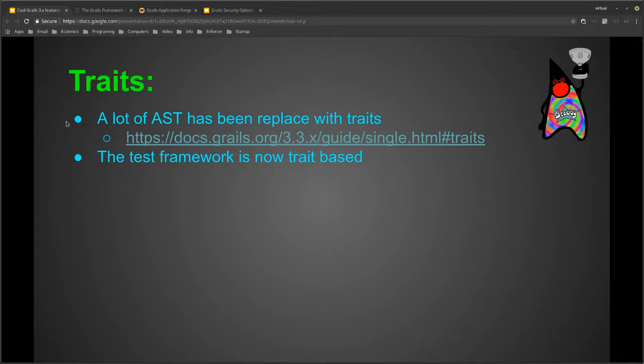However, since you all have older tests, there is a dependency, which I'll add to the slides just because I didn't think about it. But there's a dependency that you can add so that you can actually still run the tests the old way with the mix-ins and whatnot. Because basically that's what they had before traits, which was something that Groovy added that kind of approximated traits, but it had a lot of issues with it. So once they introduced traits, that kind of got deprecated.